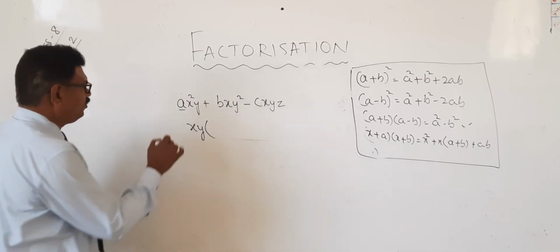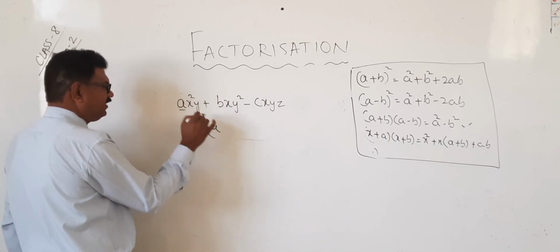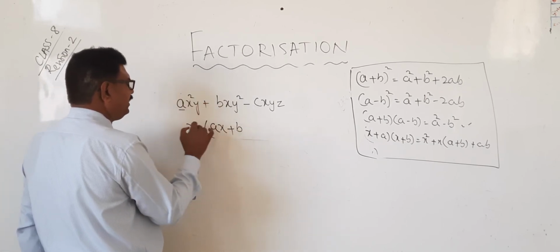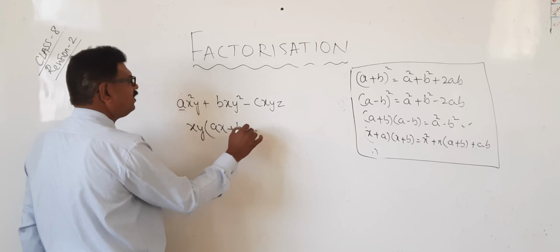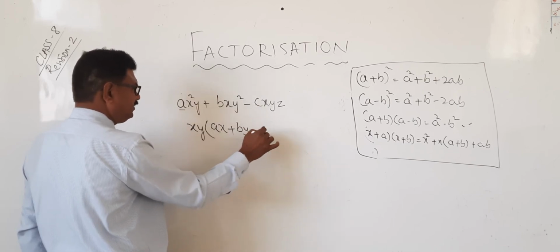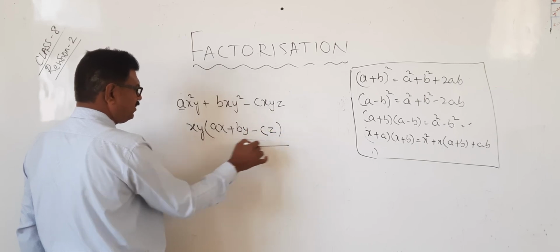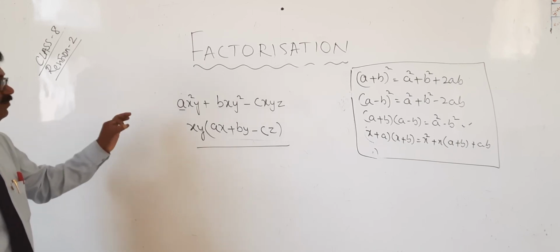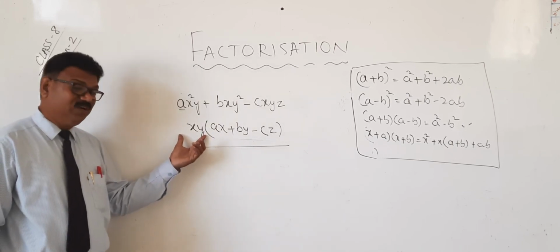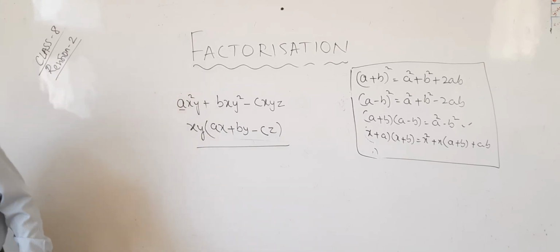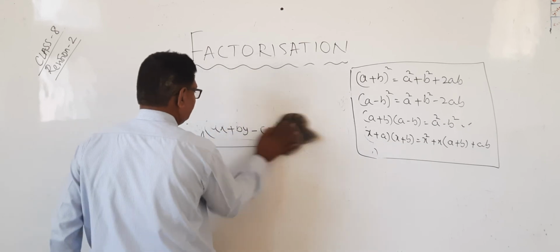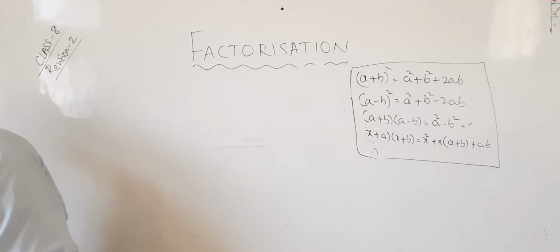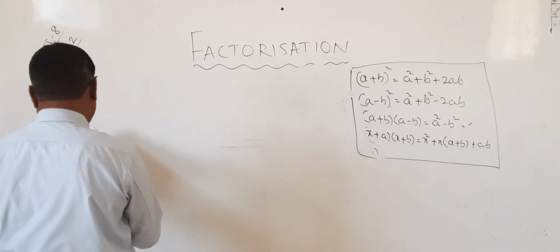Now, a as it is, x gone, x y cancel. Plus b, x x cancel, y cancel, y. Plus c as it is, xy gone, cz. Therefore, which method is it? General method. In general method, one term will be common. That's all. Okay? Right. Next problem. I am mixing all the problems so that you can identify which method it is, right?